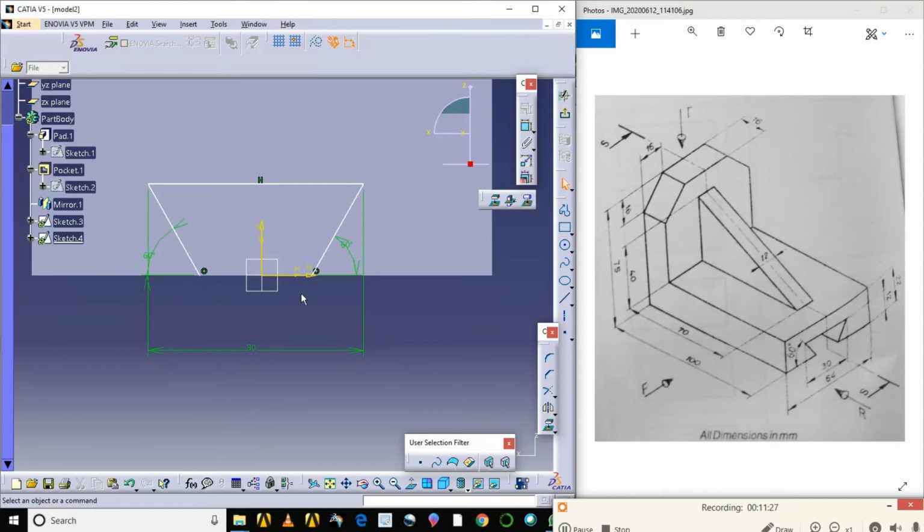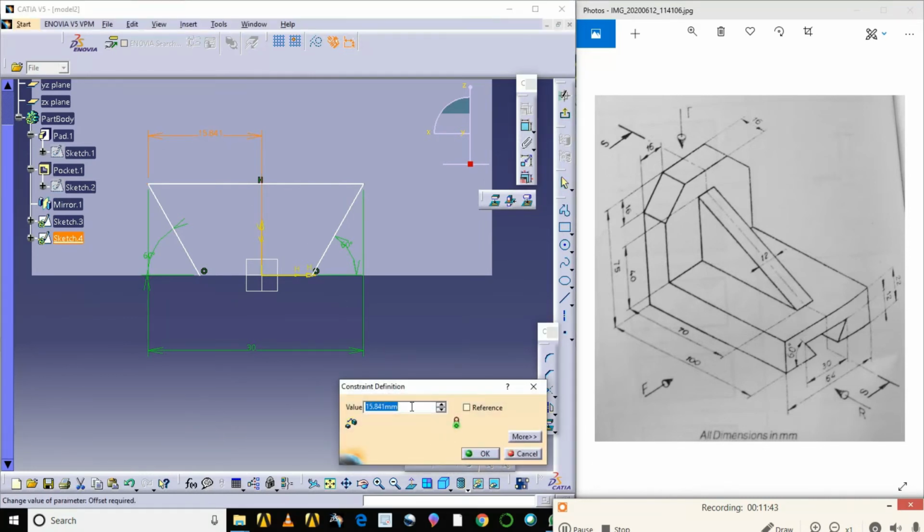Now I want this to come exactly in the middle. Nothing but what I do, the total is how much? 30 here. So from here to here it is half of 30, what is that? 15.